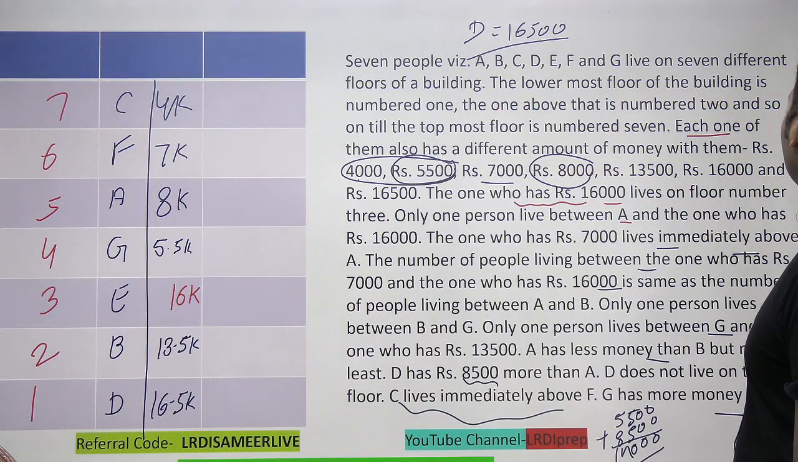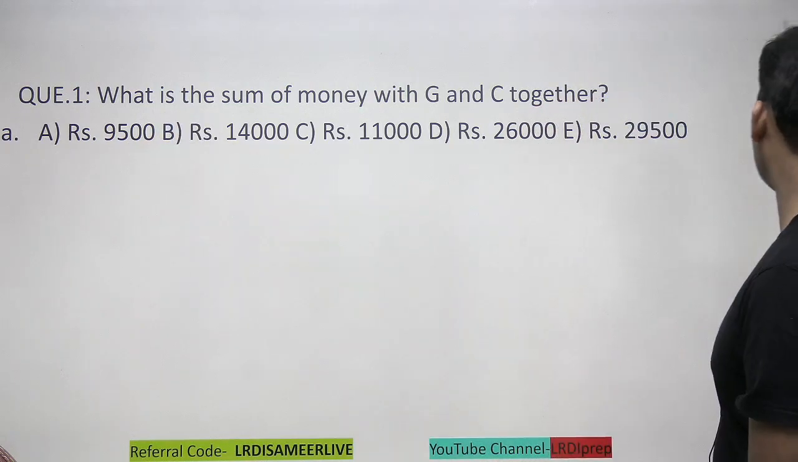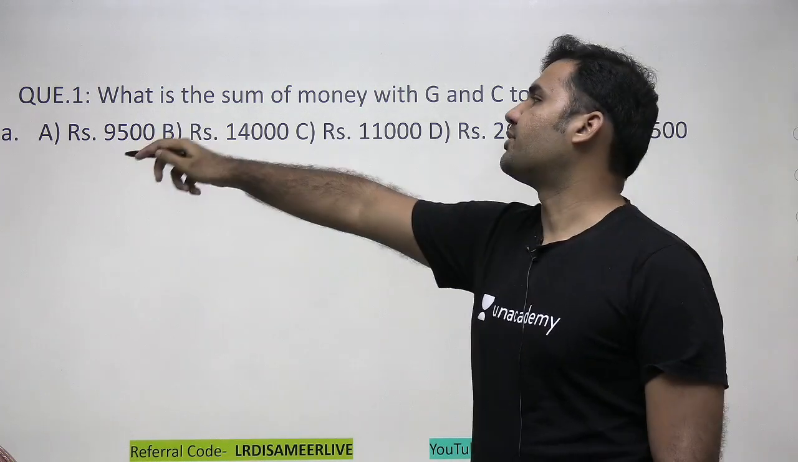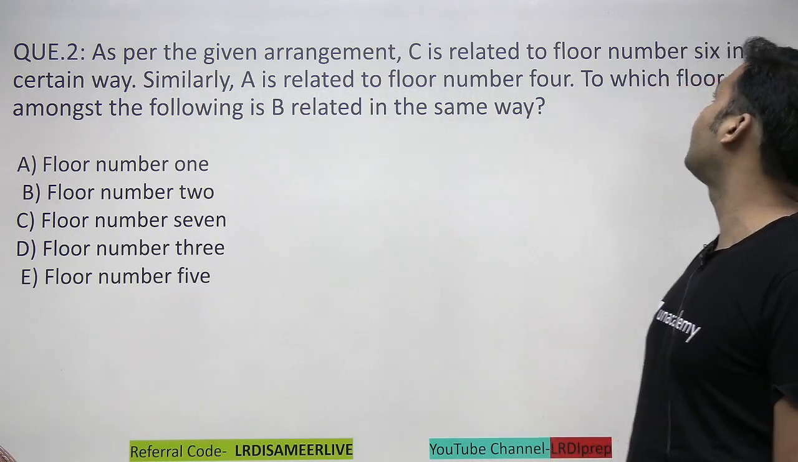5,000, 5,500 plus 4, 9,500, right? So A would be the correct answer to the question. That is option A. Next question, it says, as per the given arrangement, C is related to the floor number